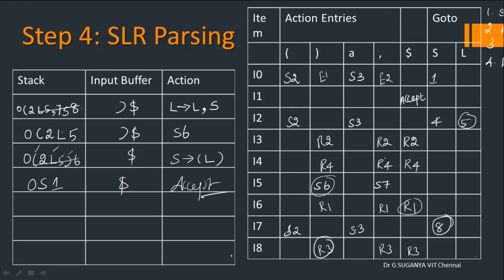One special thing that you need to notice here is, if any of these corresponding cells end up with 2 entries, let's say if you have S2 and R2 written together, the system will get into confusion about which action has to be taken first. In that case, we say the grammar cannot be parsed using an SLR parser, and hence you choose and go for the rest of the parsing techniques. That's the important concept that people have to be aware of.